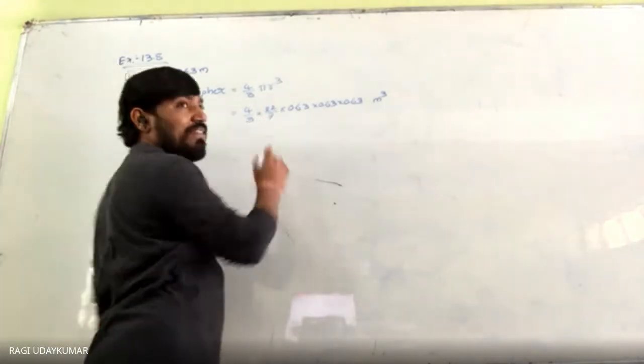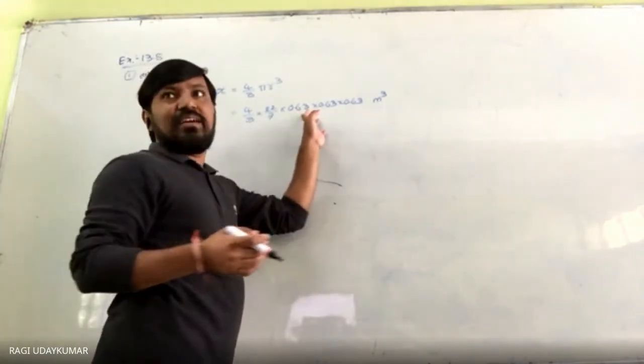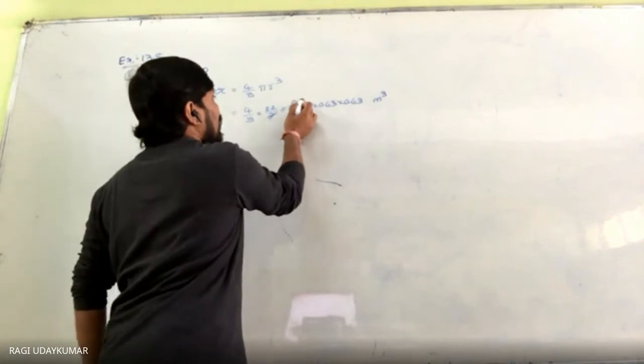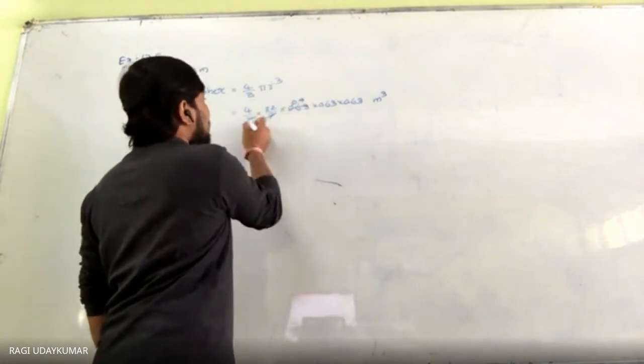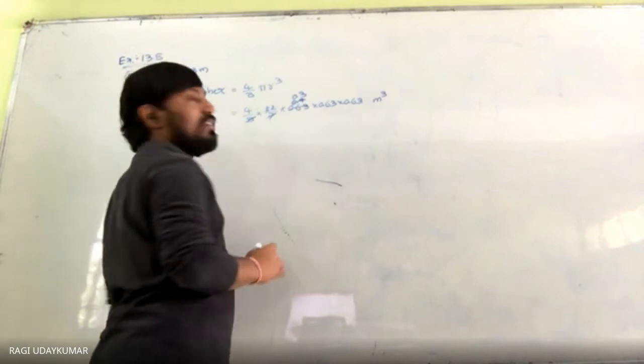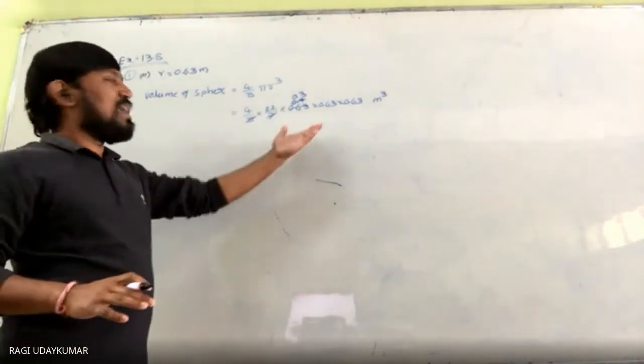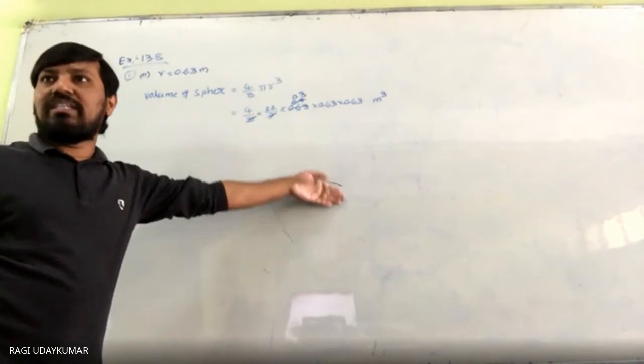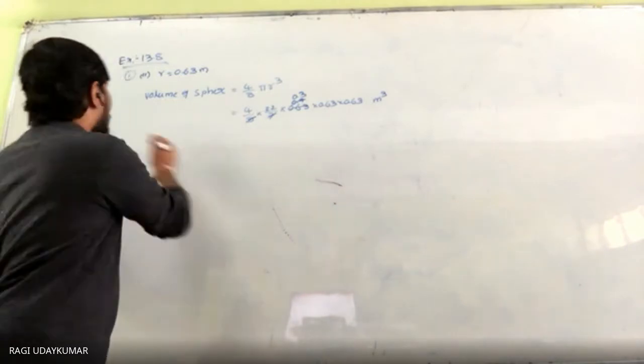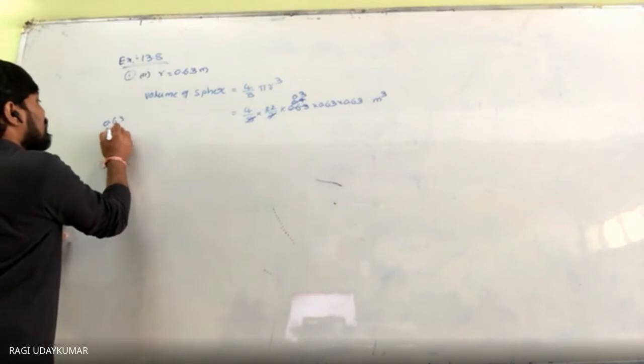Okay, 7 ones are 7, 7 nines are 63 now. So 0.9 you are going to get. The remaining 3 ones are 0.3, that you have to multiply. So just the multiplication part I'm leaving to you. You can do it, I think so. If you want the final answer also, 0.63, 0.63.